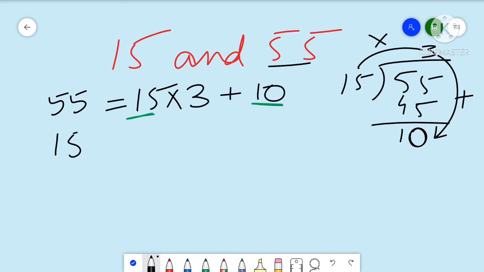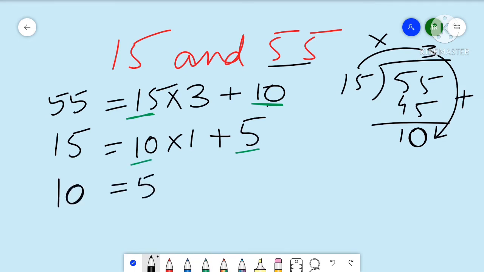We will write our divisor first, is equal to, in terms of 10, so it will be 10 into 1 is 10, the remainder is 5. So 10 ones are 10 plus 5 is 15. Again, we have not got our required remainder. The remainder is still 5. So again, we will take these two. So next we will write 10 is equal to 5 into 2 plus 0.